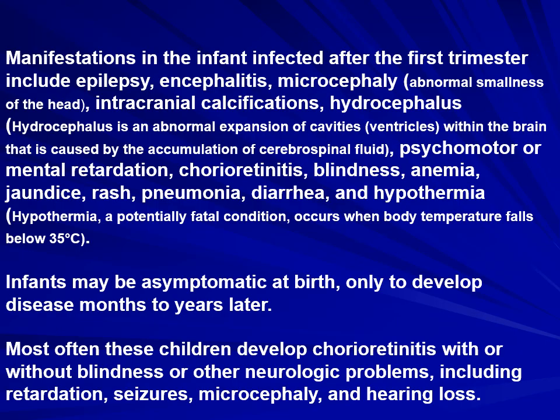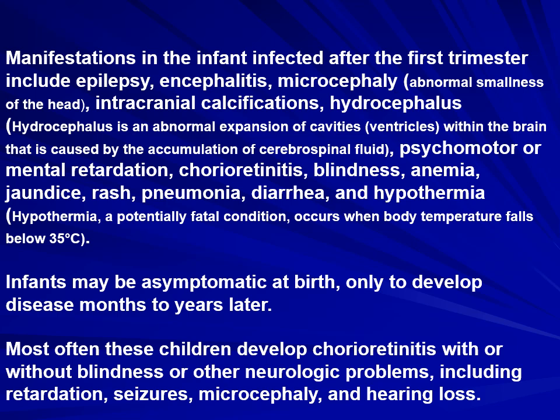I just want to recapitulate what happens as outcome in congenital toxoplasmosis. So remember that if the infection happens in the first trimester, it's usually abortion. However, infants that are infected after the first trimester, so during the second or third, can show different types of diseases. These are the different types of manifestations.